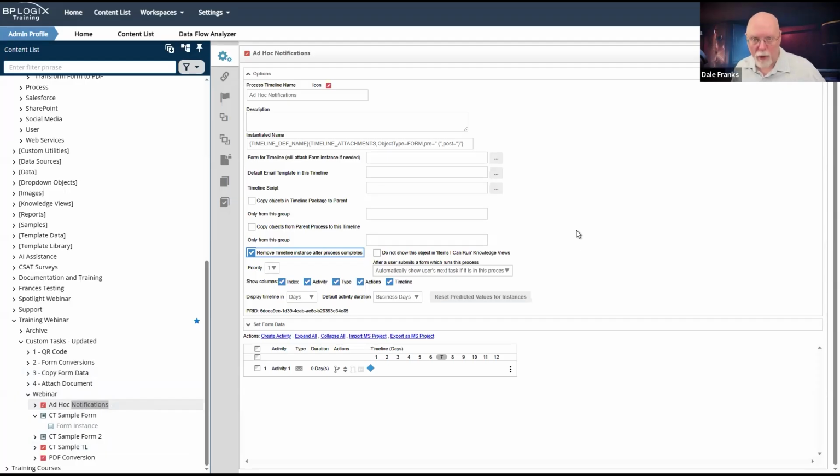Every instance will purge itself after it is done. So keep that in mind. But for these little one-shot custom task invocations, it is pretty convenient to just be able to delete it whenever it's done, because you don't need it.